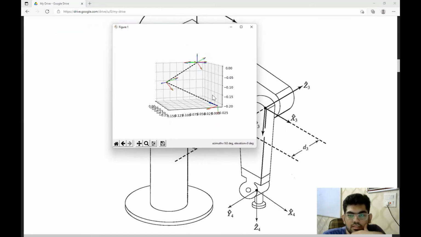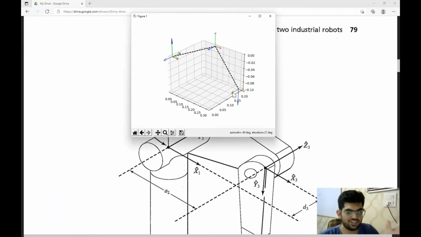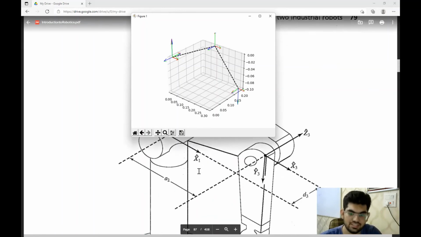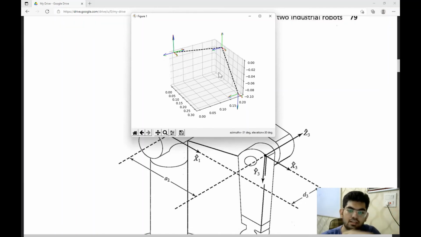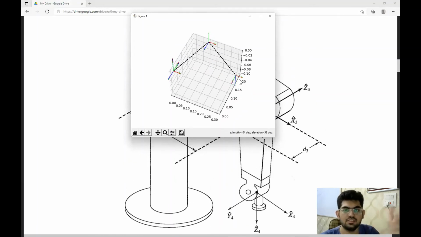Okay, that doesn't seem like the case to me. So the problem was not with the code, but with the theta value that we put. Since we put a 60-degree theta value, we are not getting something similar to this, but now we can see that the z axes are kind of similar to what we need. So it was not a problem in the code, it's working fine, but since we were putting theta 60-degree, what we were seeing was slightly off.